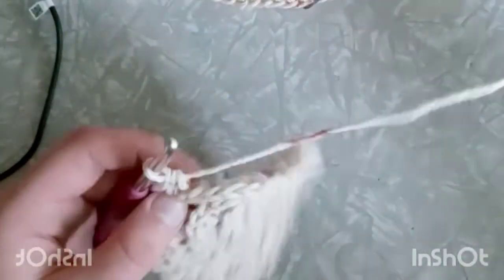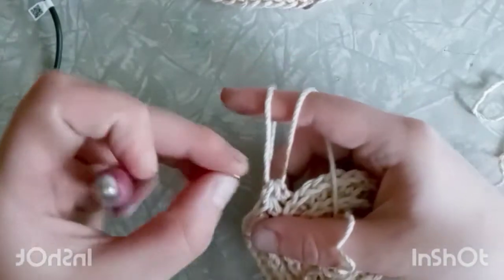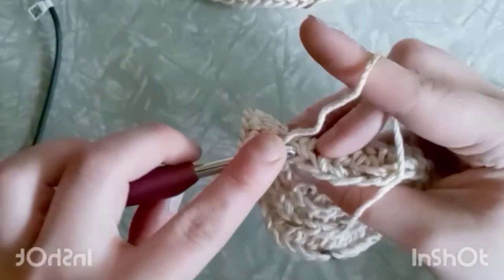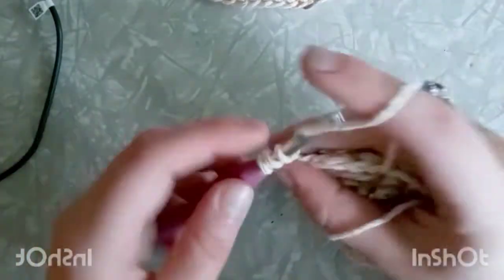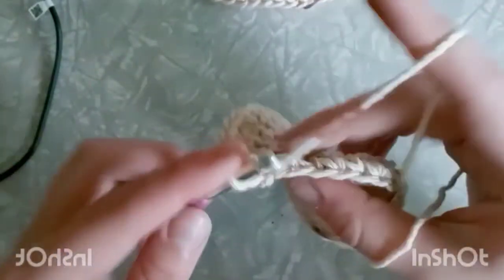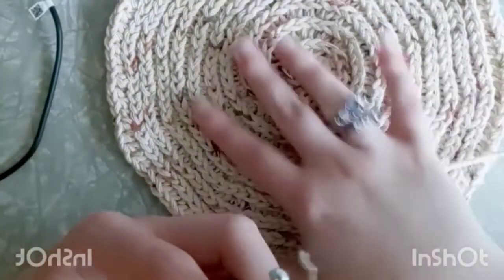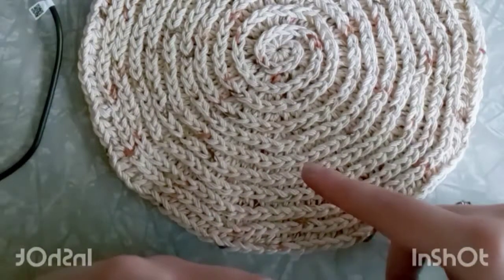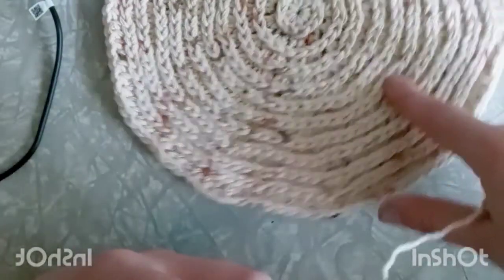All I did was put 1 half double crochet into the third loop of every stitch. I didn't do any increases into the last round. All I did was put 1 half double crochet into every third loop, just like that. So whatever size you choose to make your washcloth or pot holder, whatever you decide to make it into, when you think that it's big enough, just do one whole round of half double crochets, no increases, no nothing, just one even round to help even out the stitches